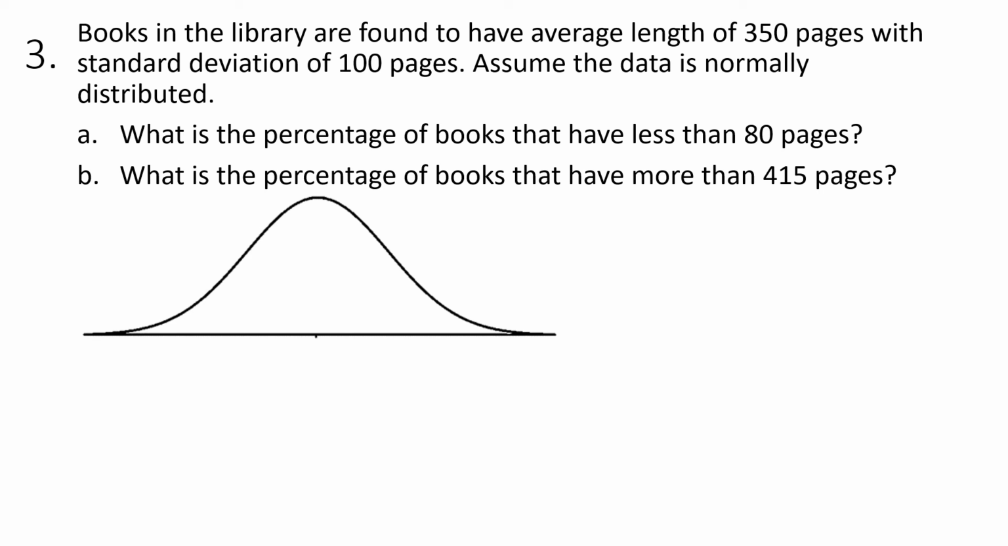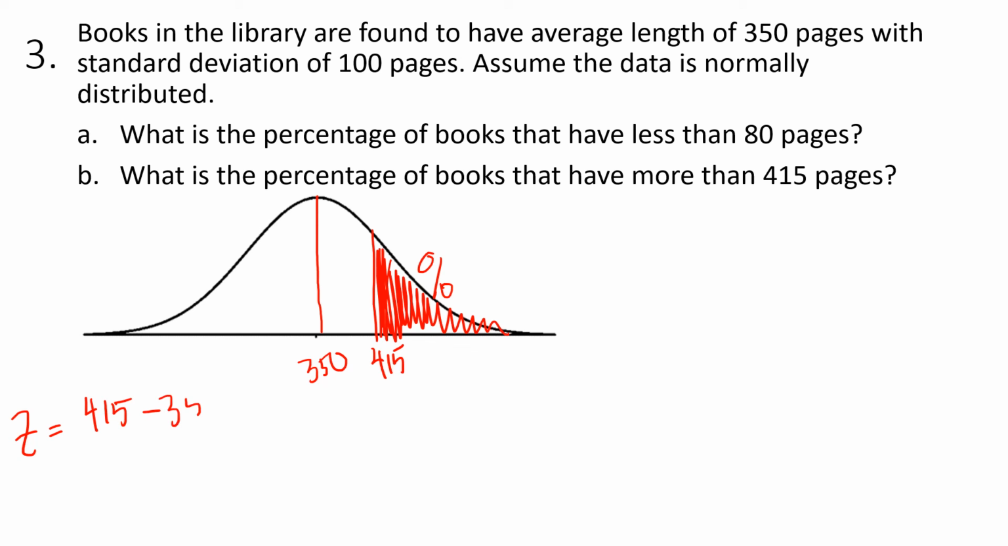Okay, books in the library. Part B. What is the percentage of books that have more than 415 pages? So my average again was 350. We're asking about 415, but this time we're asking what percentage of them fall more than, so that's to the right of this guy. So what percent of books there? So we still have to find the z-score first before we can look it up in the purple table. Okay, so z is going to be equal to 415 minus 350, all divided by our standard deviation of 100. If we take 415 minus 350, we get 65 divided by 100. So that means that my z-score then is